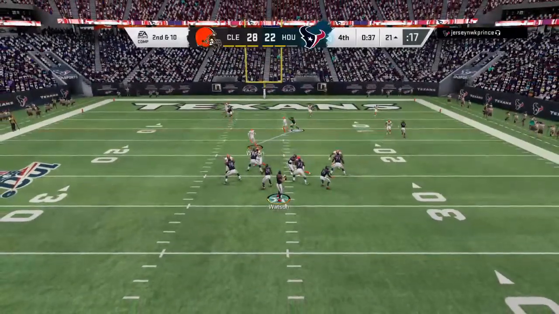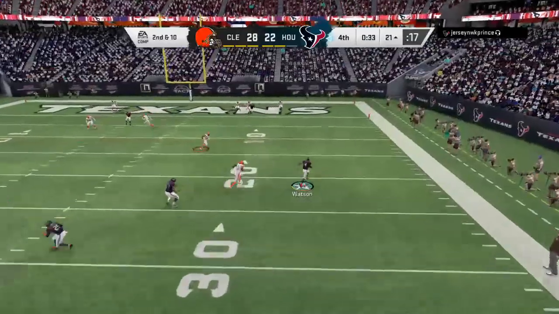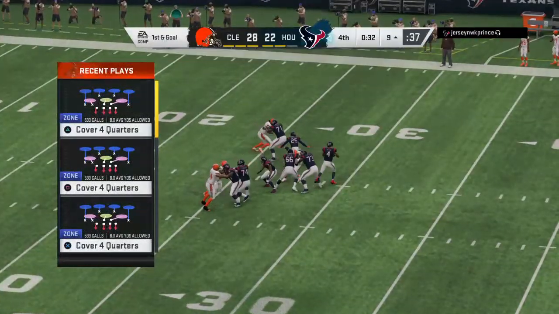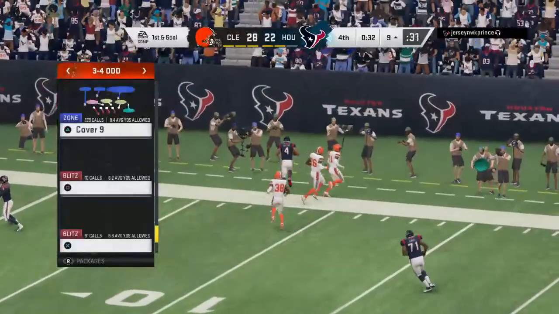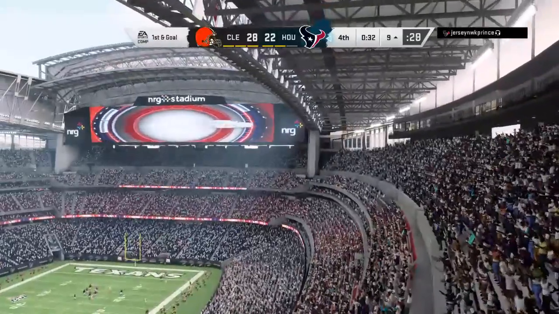Back to throw. Now he's flushed out right. Now he'll pull it down. And he'll head out of bounds inside the 10. Mark him down at the 9. Nowhere to go downfield, but he's able to get out of bounds and stop the clock here with a first down. First and goal at the